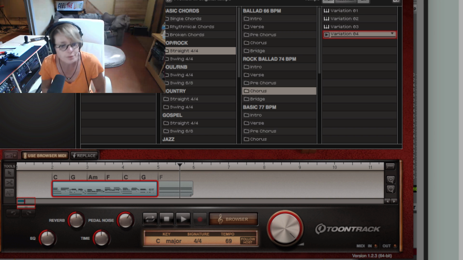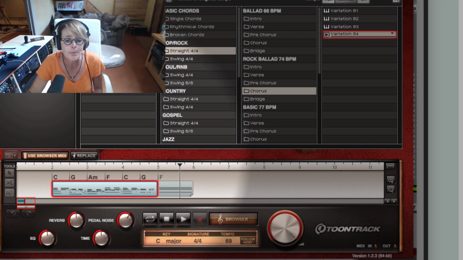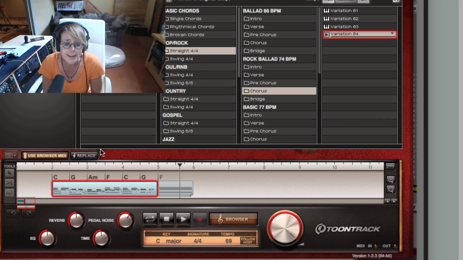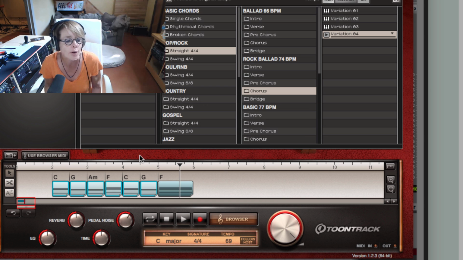That was that detune thing. So it's really cool, but I think when you hit this replace button, you better be pretty darn sure about the pattern you've chosen, because it's going to get rid of your chords. So it would be really cool if this plugin had playlists. So I could have a playlist of just my block chords, so I could change the MIDI